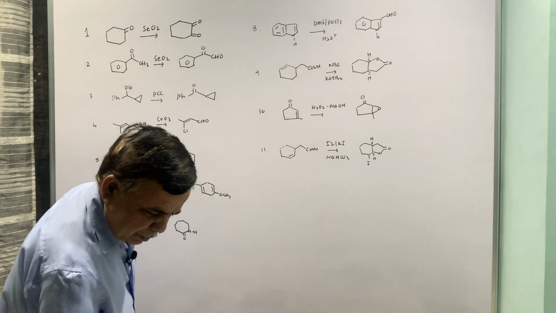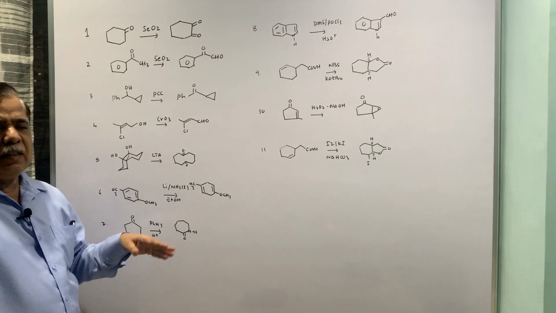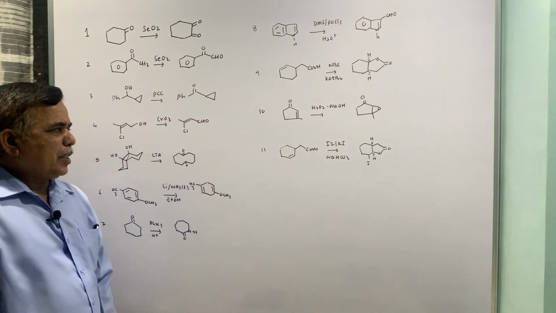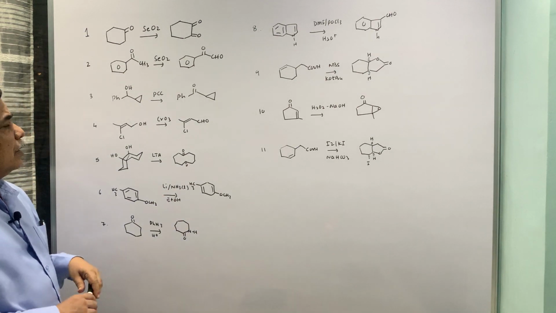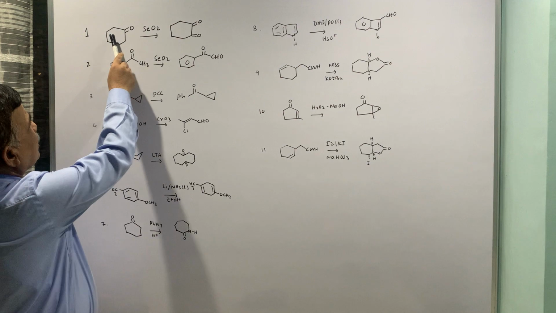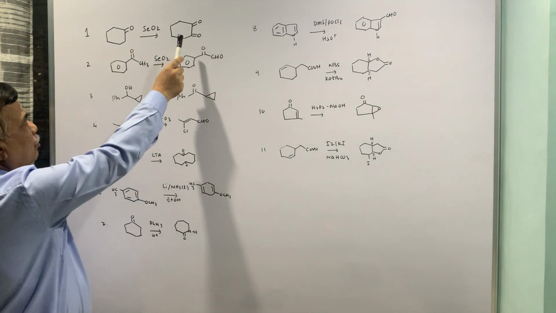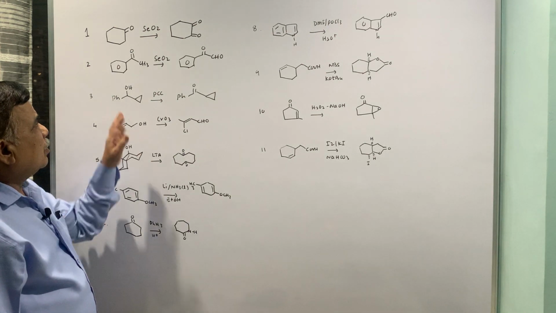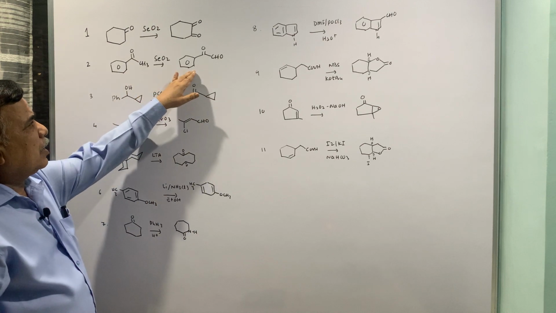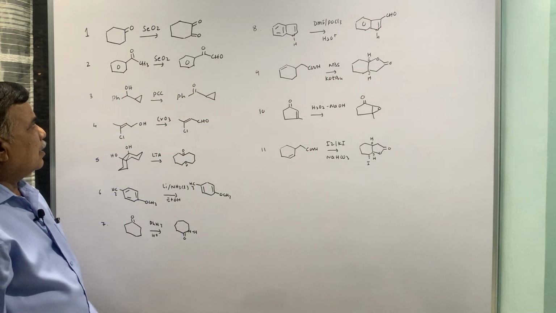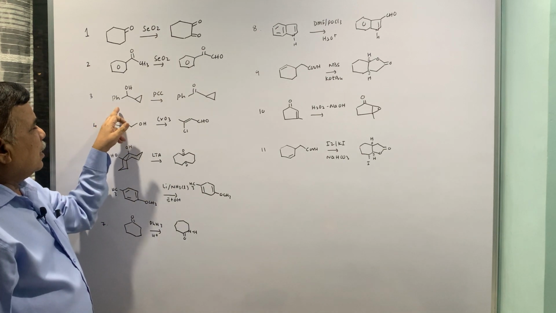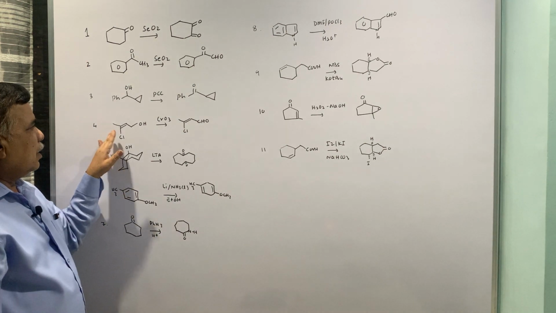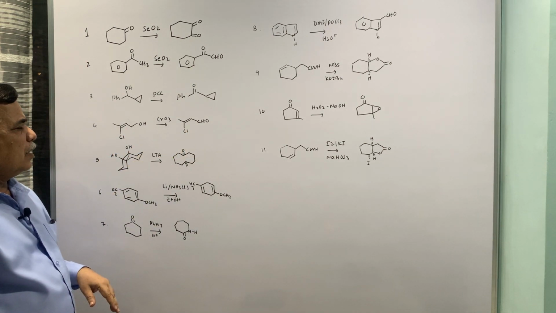Okay. Now I will just briefly tell you about the examples, and then we will solve them one by one. This empty space is there, so we will solve the examples there. First one is this cyclohexanone becoming a 1,2-diketone using selenium dioxide, SeO2. Then this acetophenone is becoming phenyl glyoxal, the similar mechanism is there. Then this secondary alcohol is becoming ketone upon treatment with PCC. This primary alcohol is becoming aldehyde.